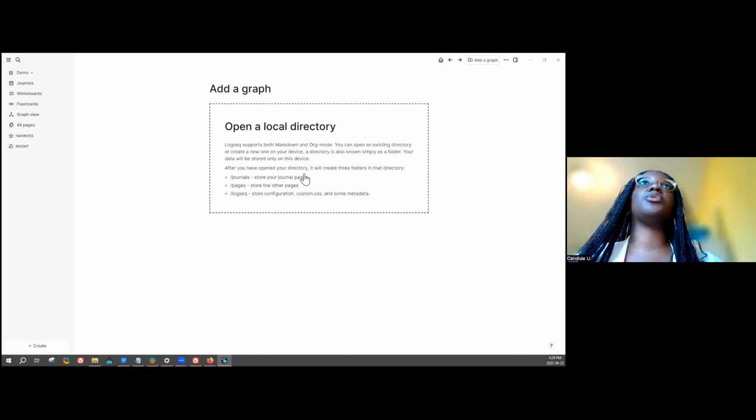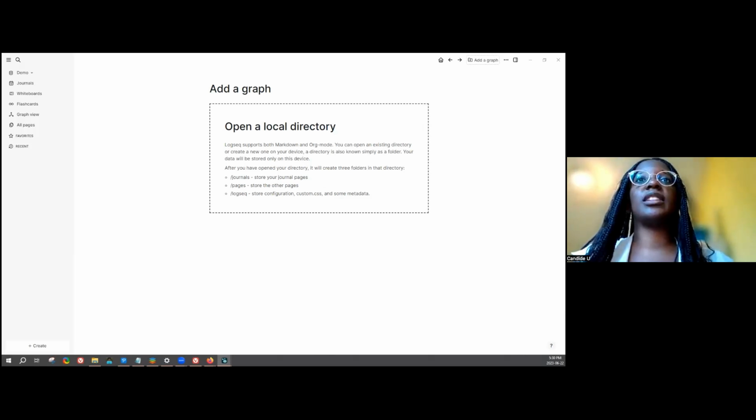The first thing you'll have to do is open a local directory, or what they call a graph. A graph is really just a folder on your computer or your device that contains all the pages, the configurations, and all the assets that would be in your project. So I'm just going to create a new one.